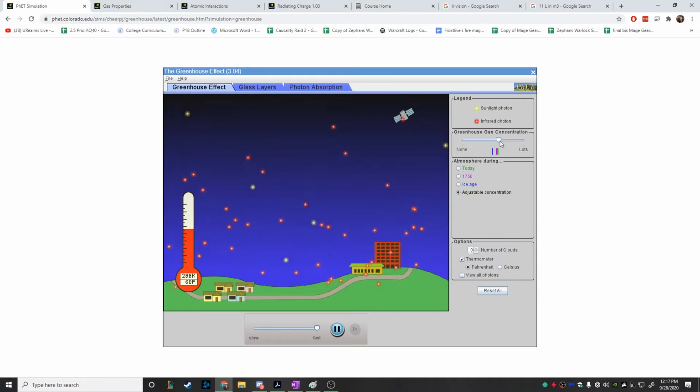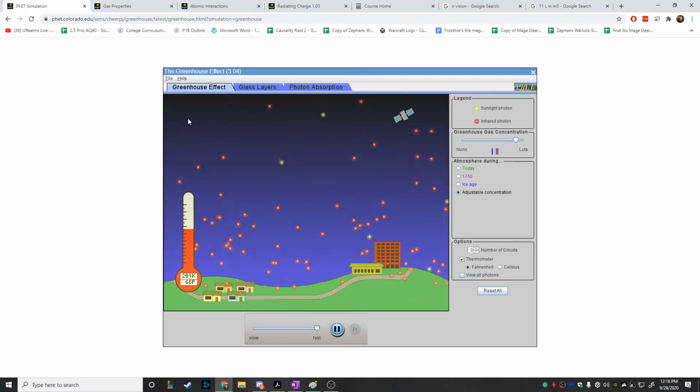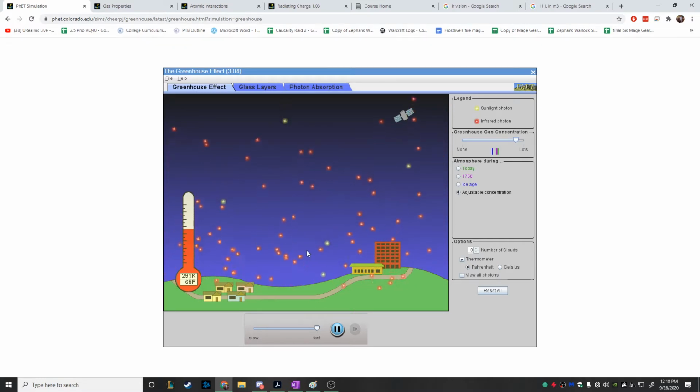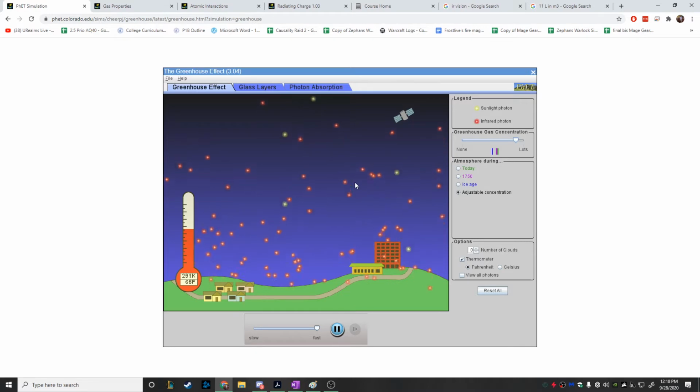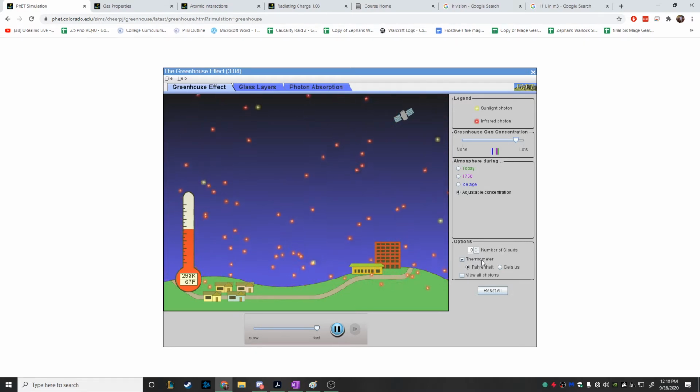And the effect of that is just that we create this blanket layer of CO2, and a lot of the energy coming from the surface just gets trapped and not re-emitted out into space. And the effect of that is that it warms the planet. The temperature just starts to slowly increase. And if we have a ton of greenhouse gases in the atmosphere, a lot of carbon dioxide, the temperature of the planet just rises. And that's the phenomenon that we've kind of been experiencing on our planet over the last 100 years or so